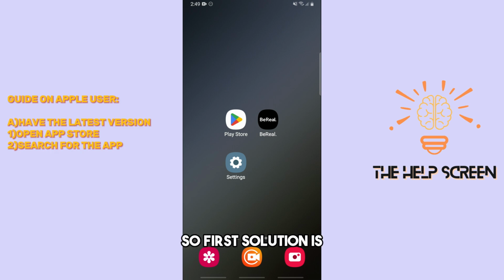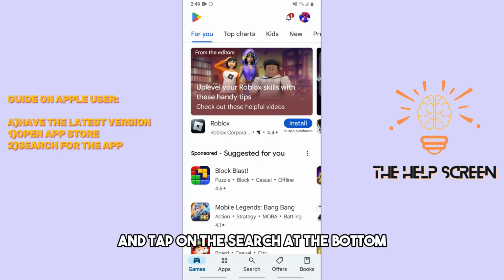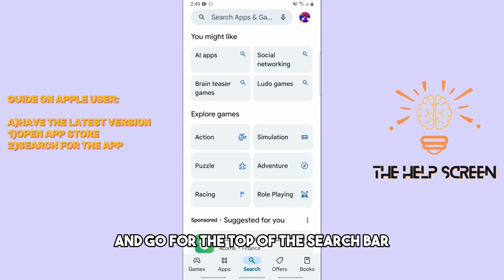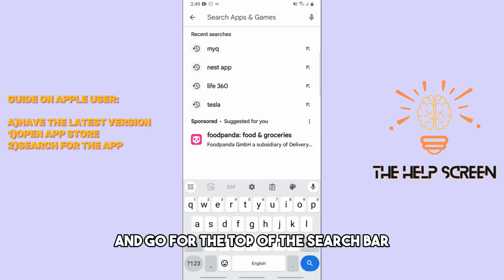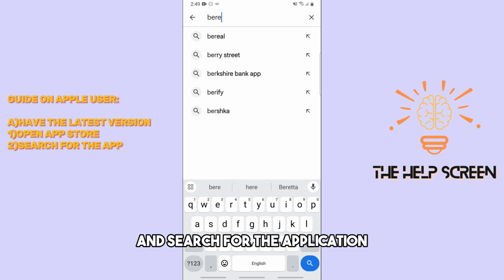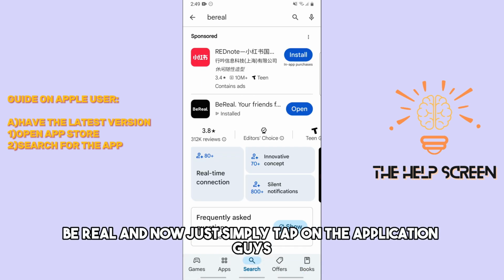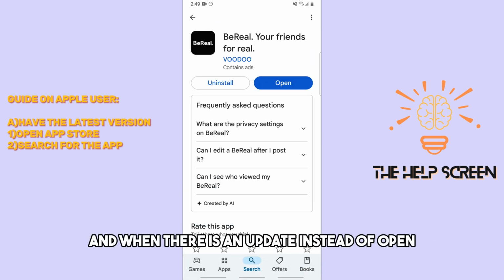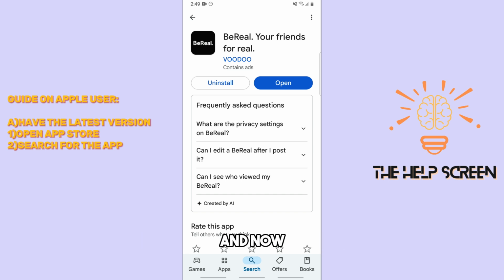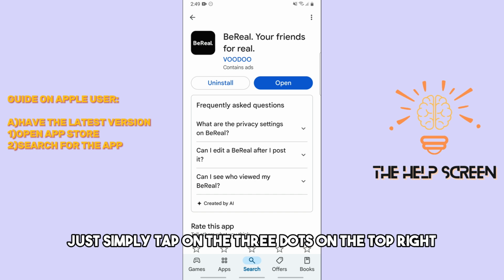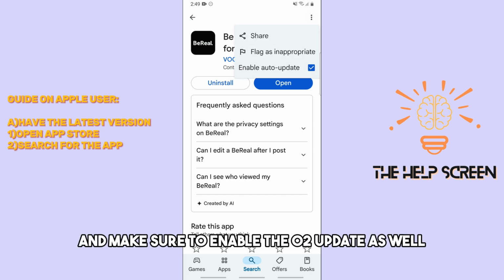So first solution is just simply go to the Google Play Store and tap on the search at the bottom and go for the top at the search bar and search for the application BeReal. And now just simply tap on the application guys. And when there is an update, instead of open, you should be able to see here update. And now just simply tap on the three dots on the top right and make sure to enable the auto